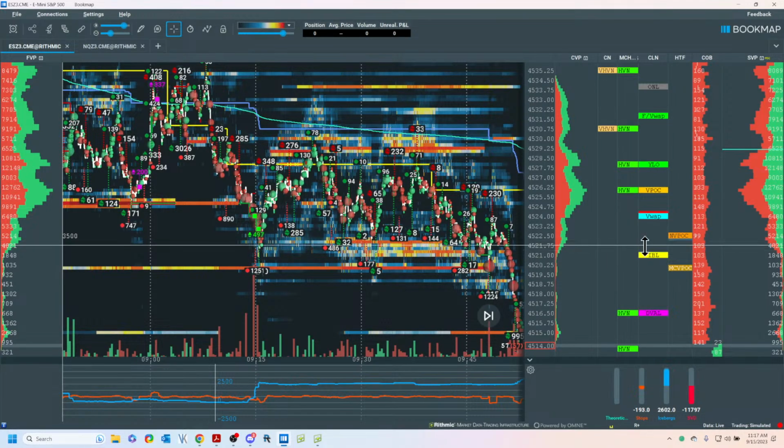Now, the thing about the initial balance is we're going down. If it had a 5% probability, I'd still be going for it, because what are the priority of inputs that you base what you do on? How about the condition of the market? That's called context. So this is my next target. This has a high probability.